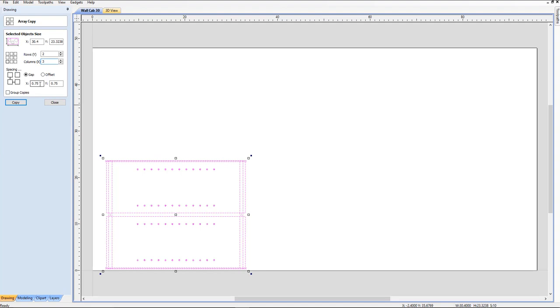We want to put a little gap. I think we have plenty of gap on the X, not too much on the Y. So I'm going to put a 1.25 in case we want to put some fasteners in there. If you are doing vacuum hold down, this is not going to be necessary. But if you're screwing this piece down, especially with some of the plywood that you get that's imported, it has a tendency to warp and lift up if you don't have some screws in the center. So I'm going to click copy here,